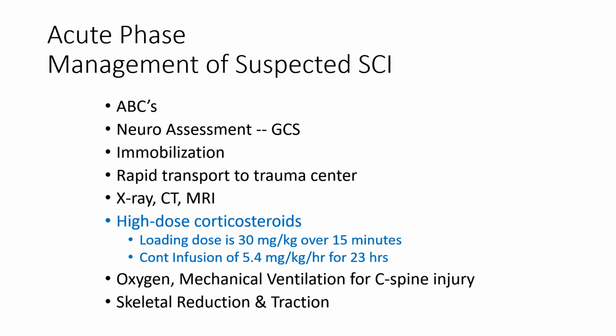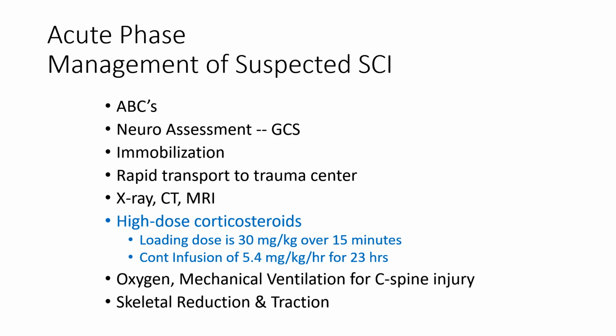We do want them to have oxygen because it's the same scenario as putting oxygen on a heart victim. You're supplying the myocardium with more oxygen. In this situation, we're supplying the spinal cord with more oxygen. Remember, if they have a cervical spine injury, especially at C3-4 above, they will need to have mechanical ventilation. So we want to keep the patient's PO2 as high as possible so that the spinal cord does not become